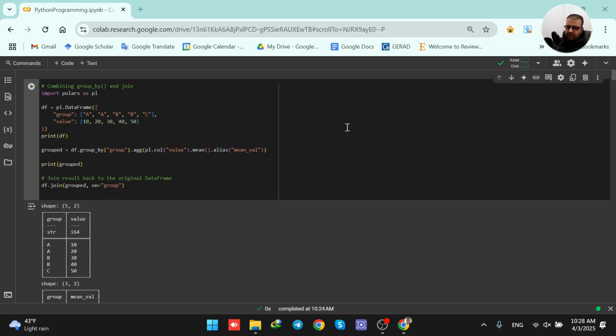In today's video we're going to learn about the group by function and the join function. We're going to combine these two concepts. First of all, we are going to import the polars library because we would like to create a polars data frame. Then I call the data frame function from the polars library and I